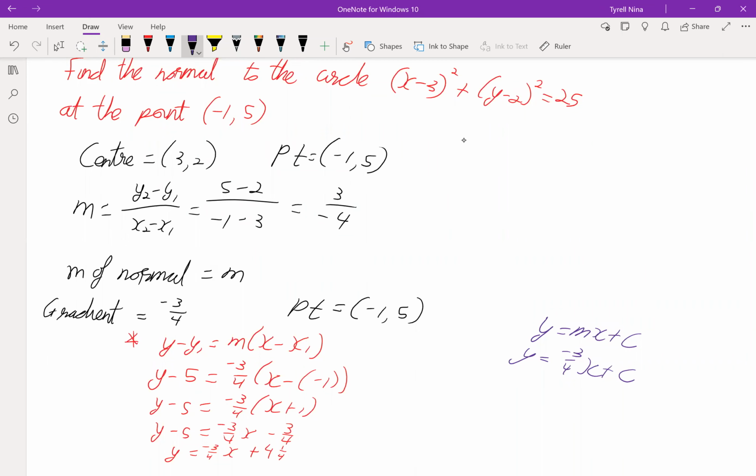So don't worry. Is that equation not for the tangent too? I thought that was for the tangent. Right. So the tangent, very good question. What if they ask for the tangent? What would you do in the tangent in this case? What do you do? The m of tangent